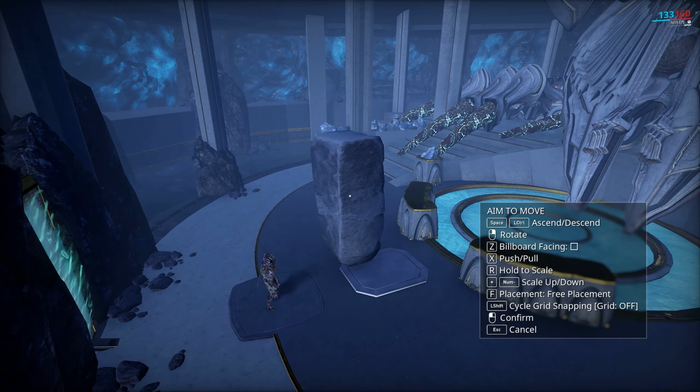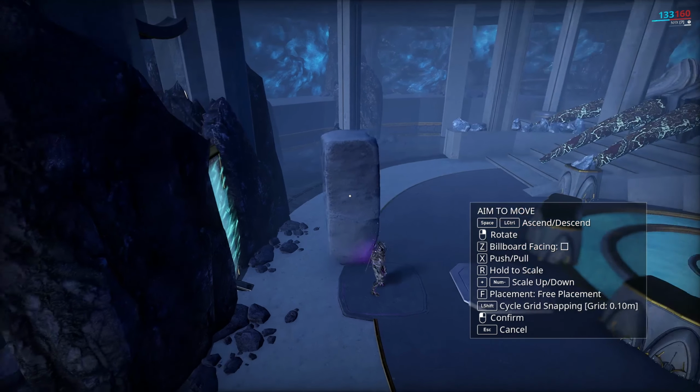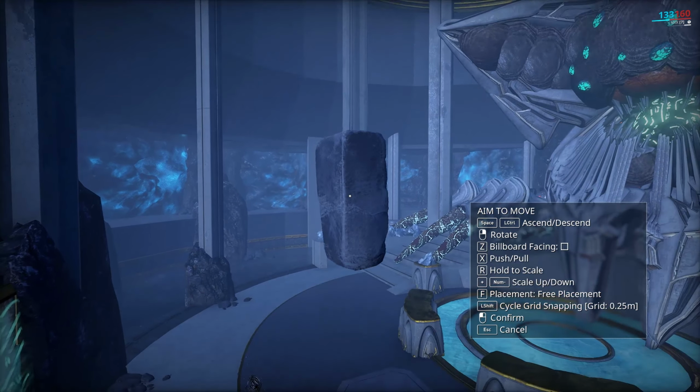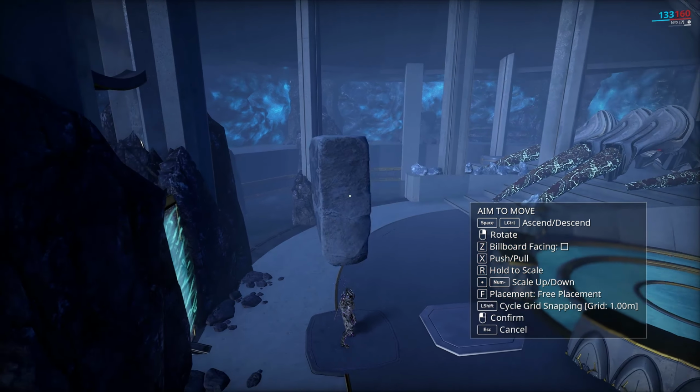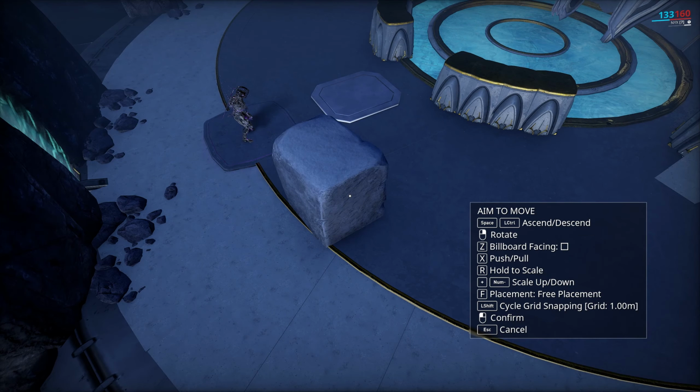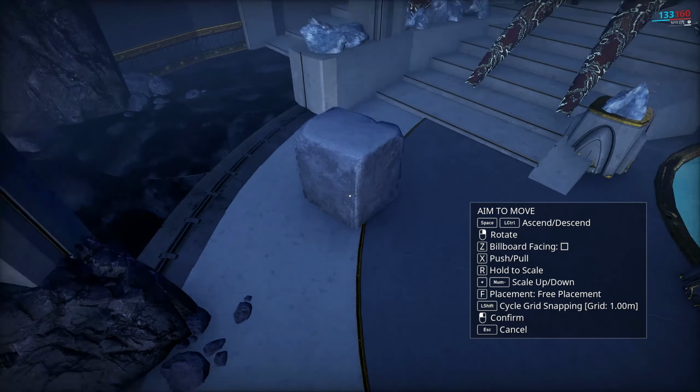The next modifier we'll talk about is called grid snap. If I hit my shift key here, you will see it change to 1/10 of a meter, and then a 1/4 meter, and then a full meter grid snap. This is extremely useful for lining things up depending on what you're trying to do, or just trying to keep things straight in general. This can be turned off simply by hitting shift enough so that it returns to a